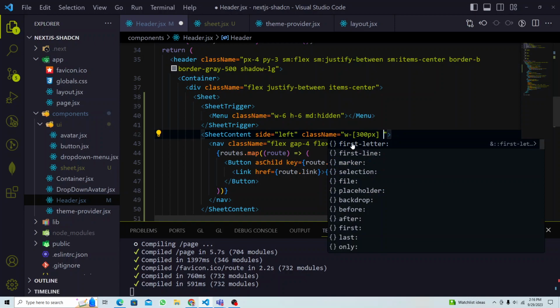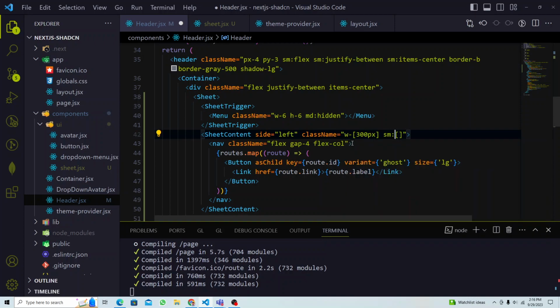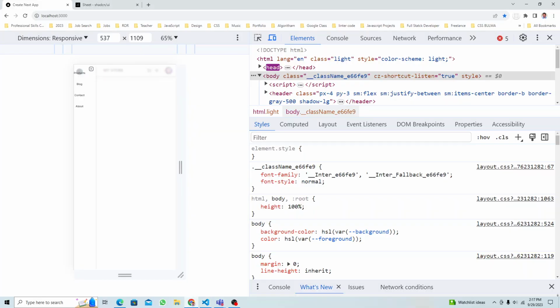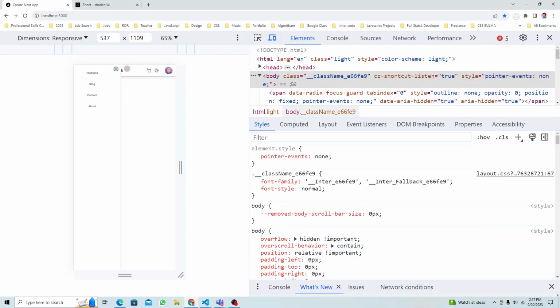Let's say width will be 300 in the small. If you go a little bit larger, like below small it will be 300. If you go a little more, we can make it maybe 400. So small device width will be 400 pixels. Okay, that is good enough. Yeah, I think that's fine. Let's leave it. So you can click and you see now,